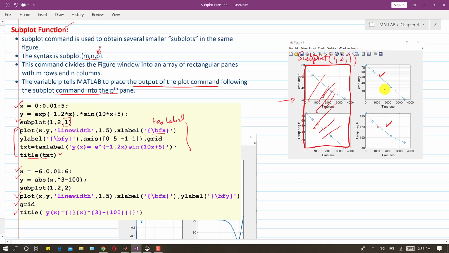And then if you want to plot these 2 small subplots, before plotting this one I will write subplot, and now we want to have 4 subplots. So for this we will write 2 cross 2, and this one will be the second. So for this we will write 2 2 and 2, and for this subplot we will write 2 2 and 4. You will shortly learn this while I explain it in MATLAB. So let's do this in MATLAB.